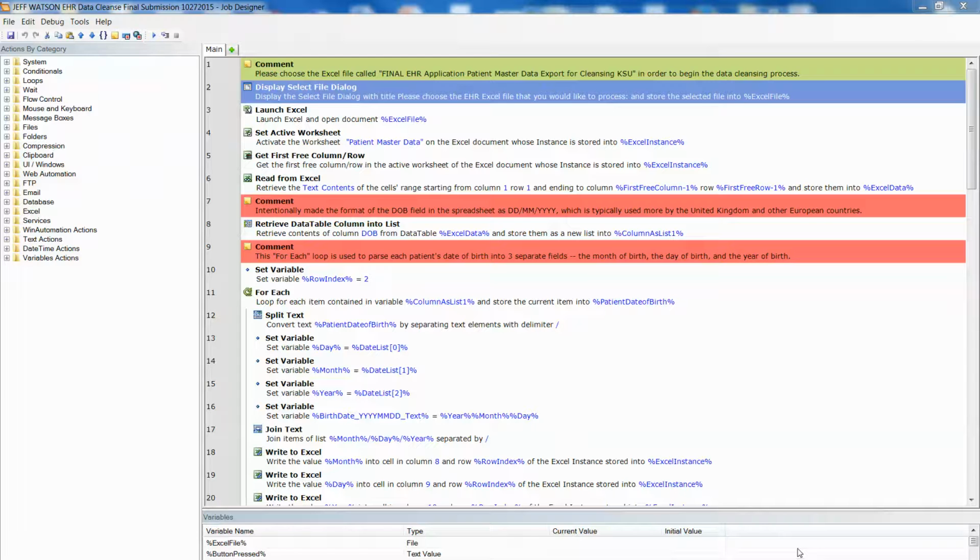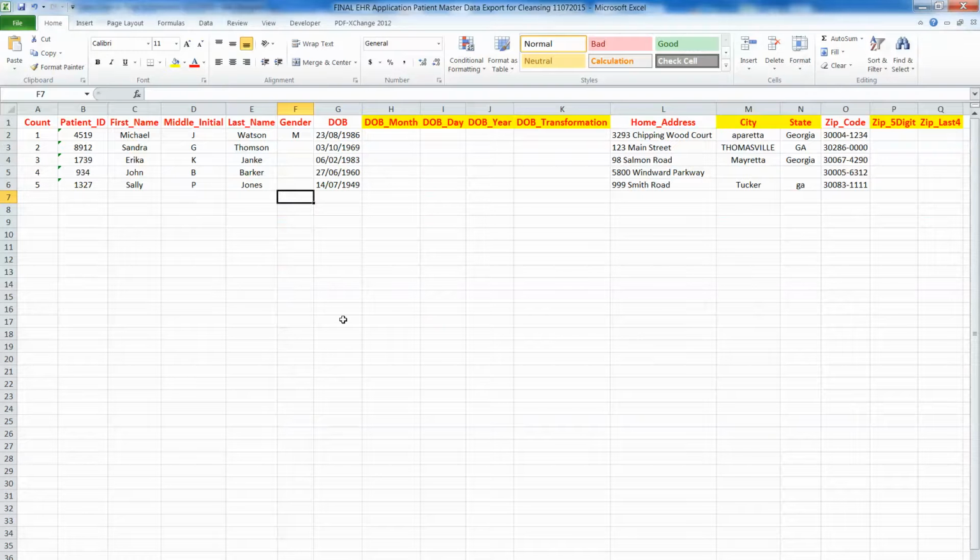Welcome to the Win Automation software robot demo. This is the actual script itself that generates the robot. This is within the Win Automation Job Designer tool. It has 71 lines of code, and basically what it's going to be doing is data cleansing on this